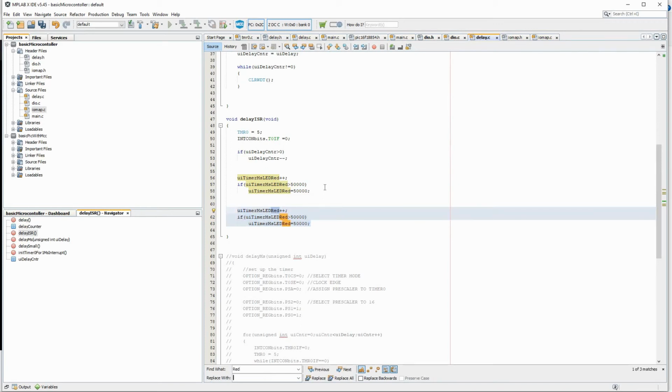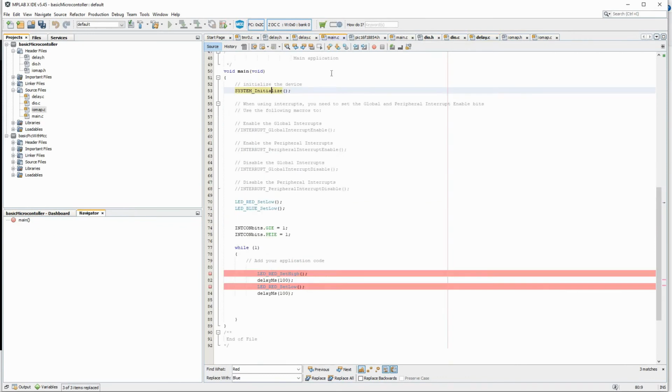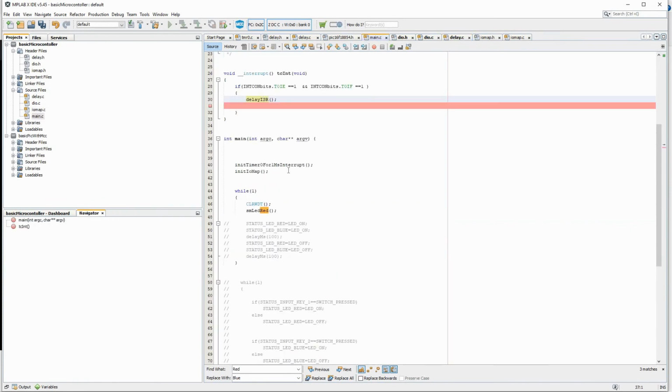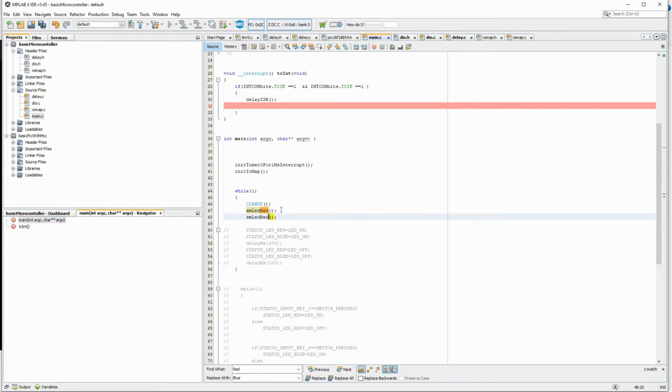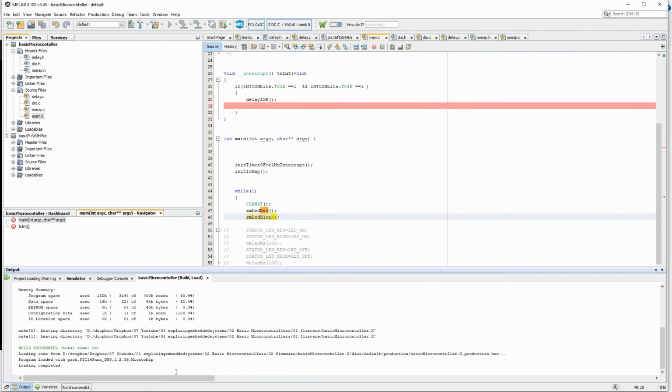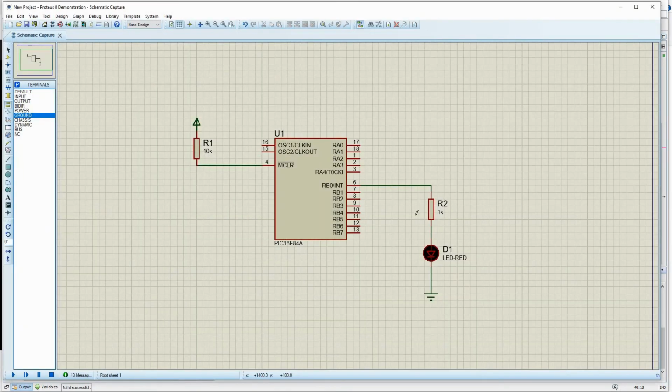Control H is to find and replace. Let's see if that worked. Not for this project. There doesn't seem to be any error.